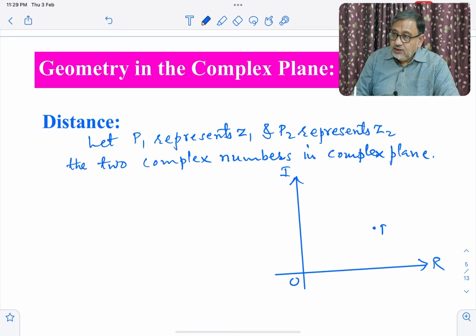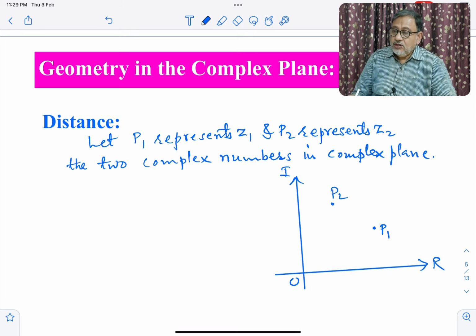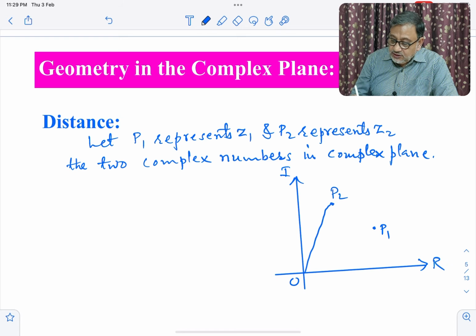So suppose I have here P1 and I have here P2. Now what I want to find? I want to find the distance between Z1 and Z2. So if I have to find the distance between Z1 and Z2, let us consider the vectors,